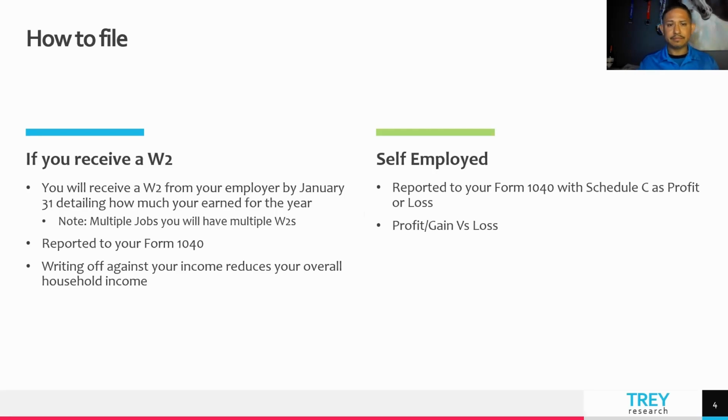Andrea? Yeah, everything he's defined here is really standard. Reporting your income is very important because some individuals receive a 1099, meaning you're a contractor of some sort for a company. And the new thing here is people involved in ride sharing or Amazon Flex and things of that sort. Really keep track of it, if you do Lyft, Uber, and Amazon Flex, making sure that you get all of those forms